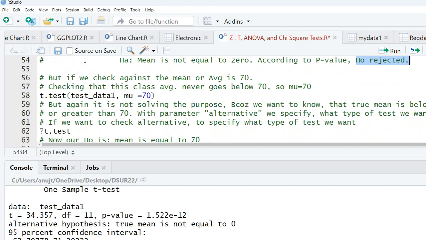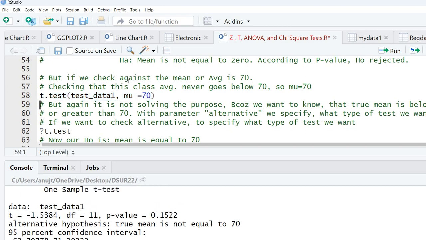But what will happen if we check against a mean or average of 70? Our objective is to check that this class average never goes below 70. So mu is 70. Now if I do this,